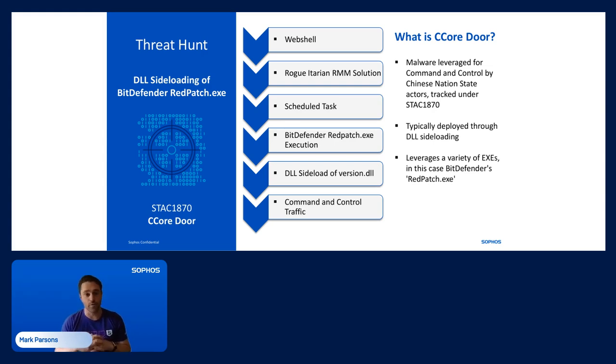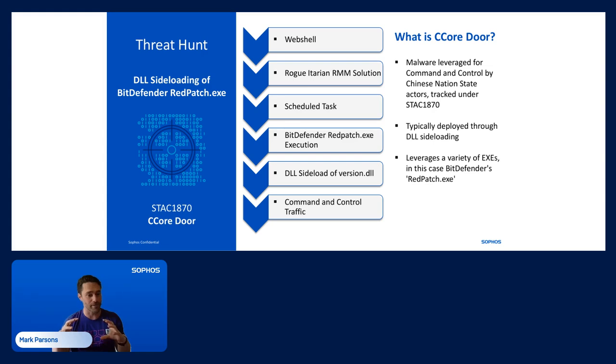The attack chain for this is the threat actor deployed a web shell, then used a rogue RMM called Itarian, which is now branded as Komodo. It used to be labeled as Komodo. It is now Itarian. They then used a scheduled task to move laterally, which then executed the renamed instance of redpatch.exe inside of the